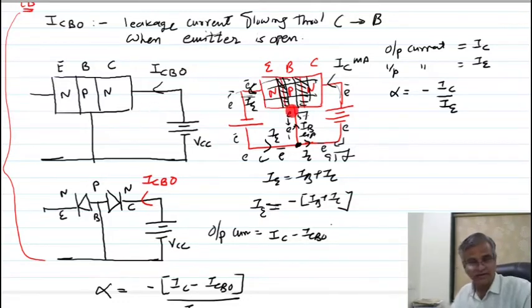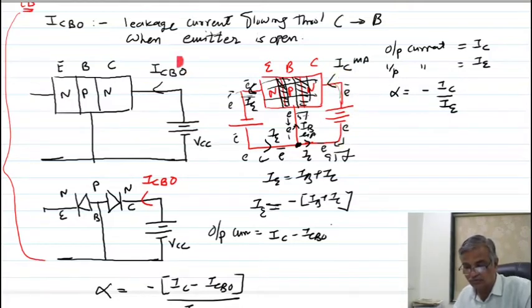Now come to this point. This is what we have discussed in the last lecture. Here electrons of the emitter are coming, some electrons going to the base, most of the electrons are going to the collector. Some electrons going to the base combine with the holes of the p-type material, and they generate the current of the order of microampere, because 5% electrons go to the base. Most of the electrons cross the entire base region and enter into the collector, and these electrons constitute the current of the order of milliampere.